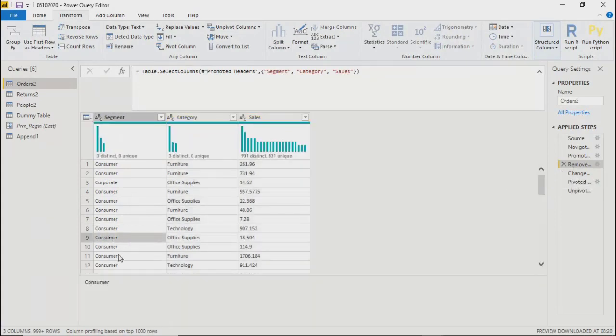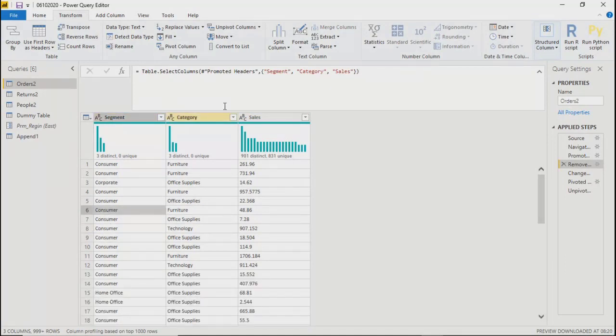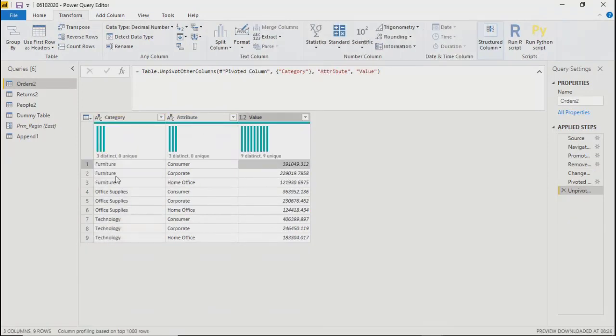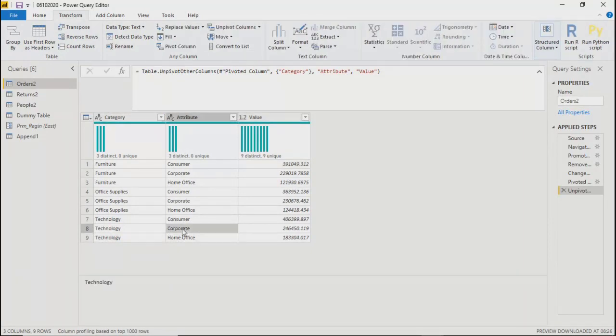Over here we had a lot of duplicate rows for segment and category. In this new view, we are still getting the aggregation, but the unique combinations of category and attribute over here. So by unpivoting, you are not getting the exact number of rows, but the total will still be the same.